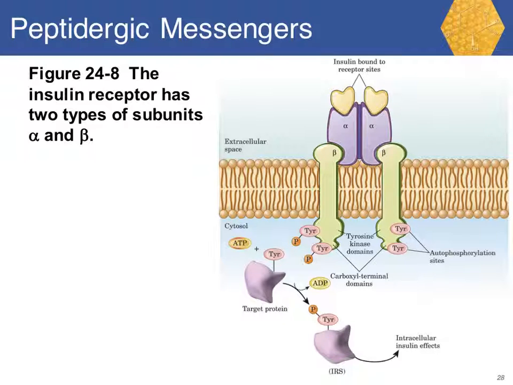What makes insulin receptor sites unique is that they have two different subunits, alpha and beta. The alpha subunit is on the extracellular side of the membrane, and it actually binds to the insulin, and the beta subunit spans the entire membrane. So when the insulin binds to the alpha,